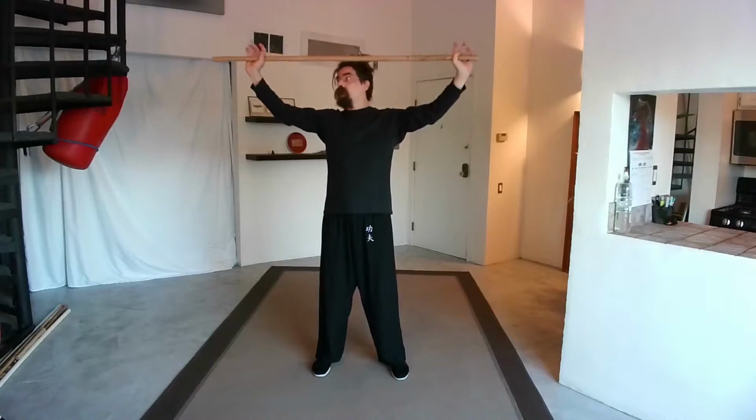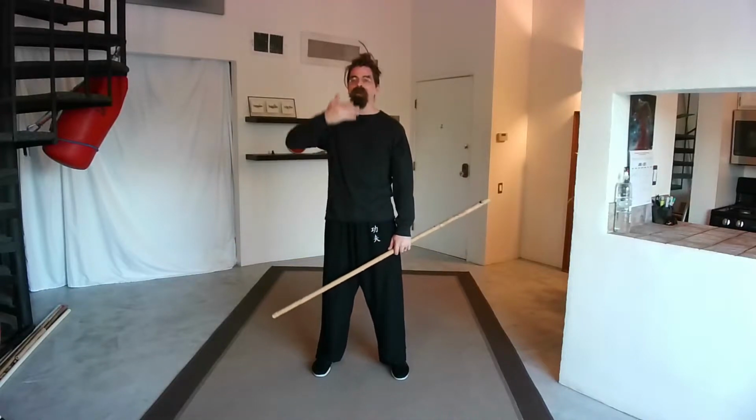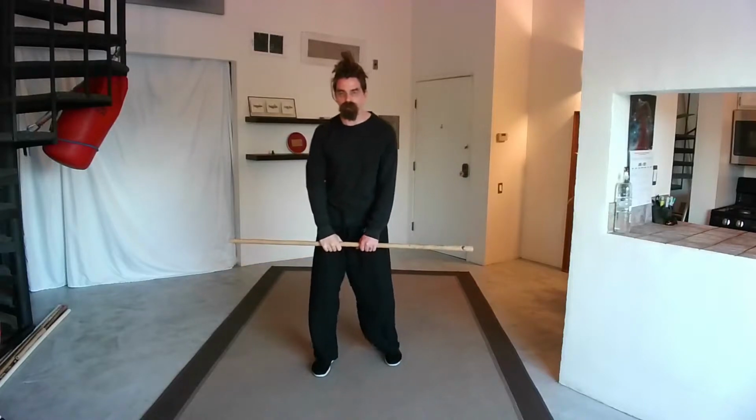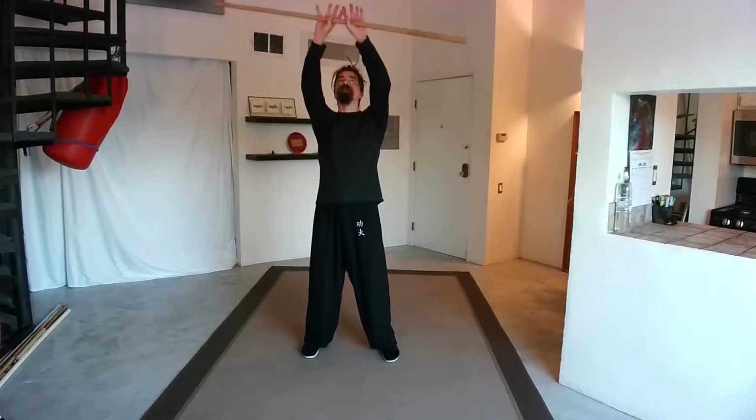So you can use this, taking the stick, and then as you lower it, practicing your wah-wah, right? Find the right length, the right scale, when you get back to here. So kind of like when we do an empty hand, you reach out to the side and bring it down, you're making a circle. But now, with the stick, so reaching up,